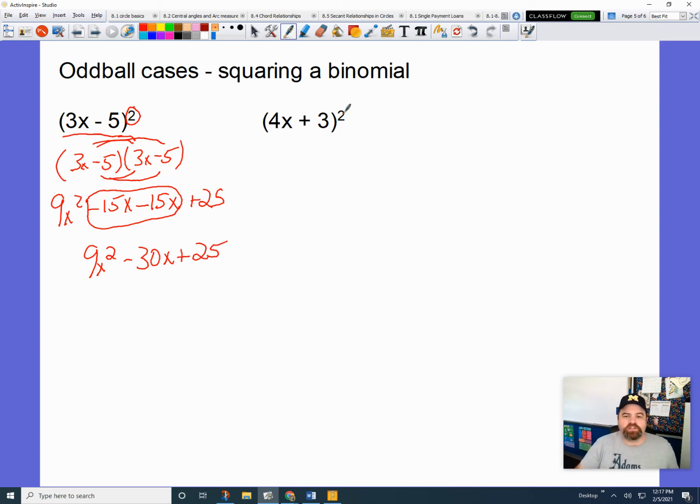Same thing here. 4x plus 3 squared. So I'm going to take 4x plus 3 times 4x plus 3. Write it out twice. Again, use scratch paper, guys. You can't do these in your head. 16x squared, 12x, 12x,